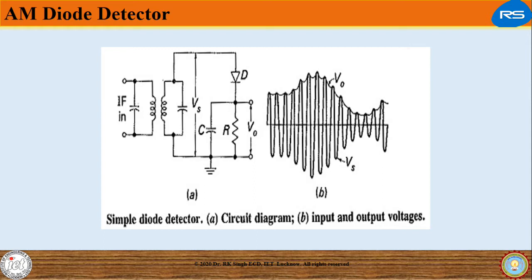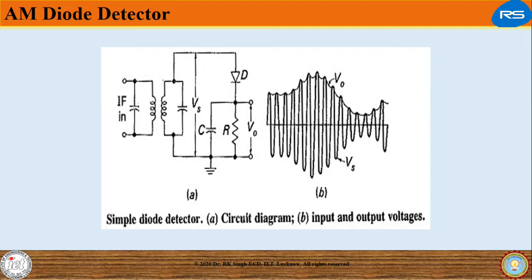So let us assume that the capacitor is absent in the circuit. The detector output wave would be half rectified modulated signal. Now let us consider that the capacitor is introduced in the circuit. For positive half cycle, the diode conducts and capacitor is charged to peak value of carrier voltage. For negative half cycle, the diode doesn't conduct.